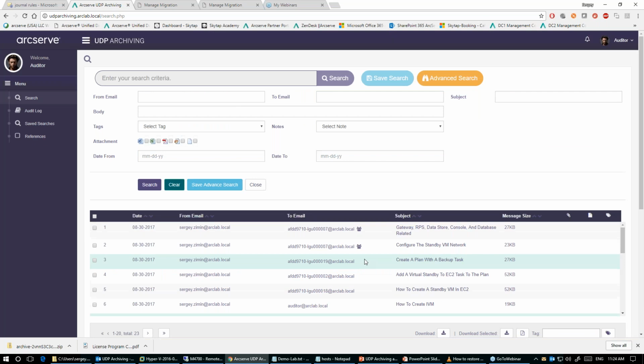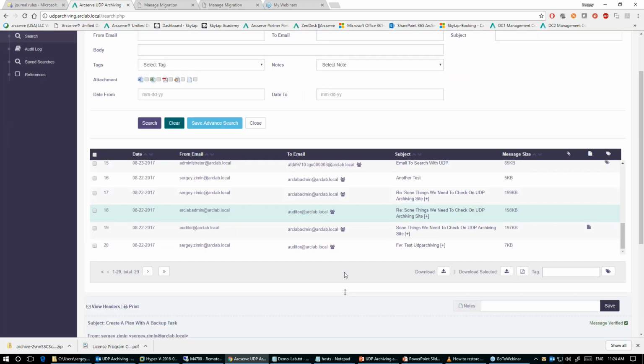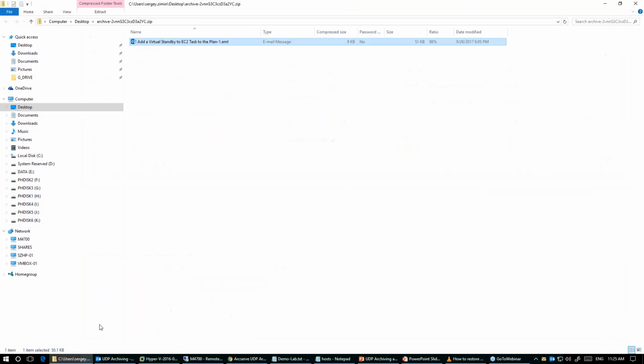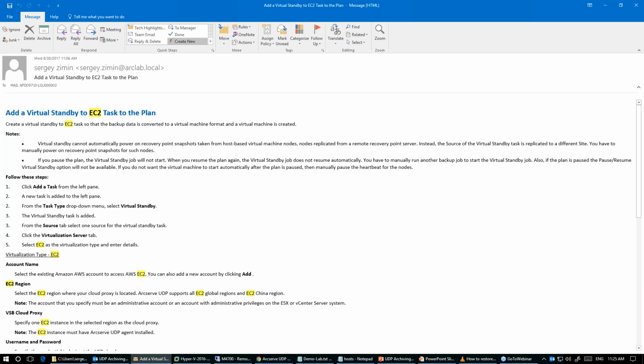As from that, we can grab this content and we can download selected item, or we can download entire collection which had been returned upon our search. When we download this content, it will be visible on our local machine as zip file with so many items inside, and each item will have EML extension. We just double click on this item and read the content of this email, for instance.